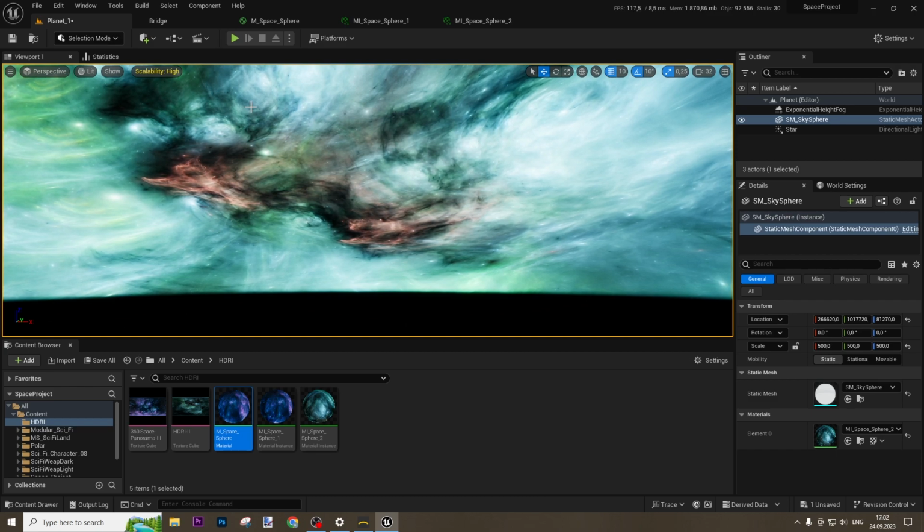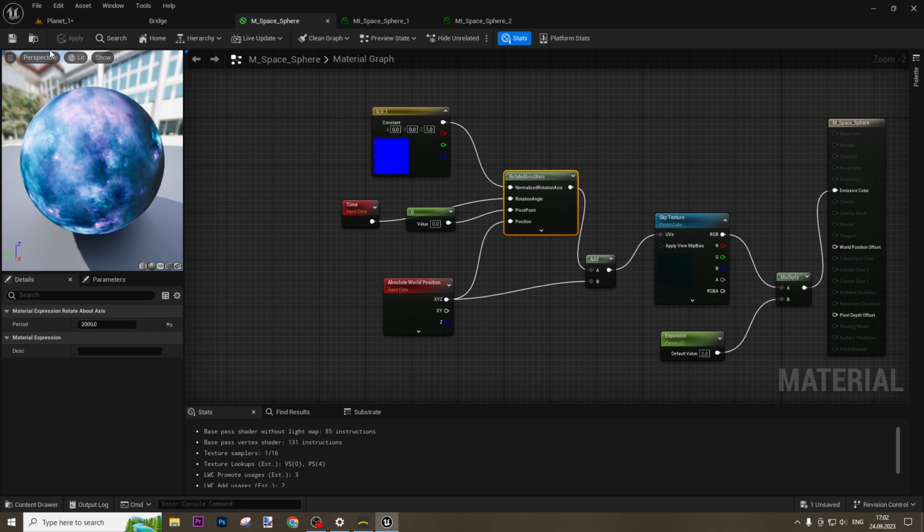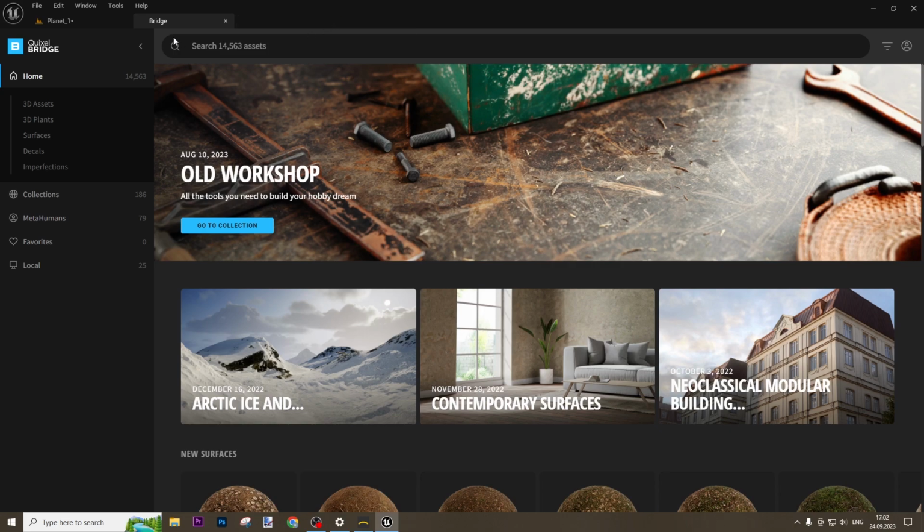Yeah, it moves very slowly, barely noticeable, but it moves. If you want, you can change this and experiment. So yeah, but I will keep it 2000. Alright, this is our